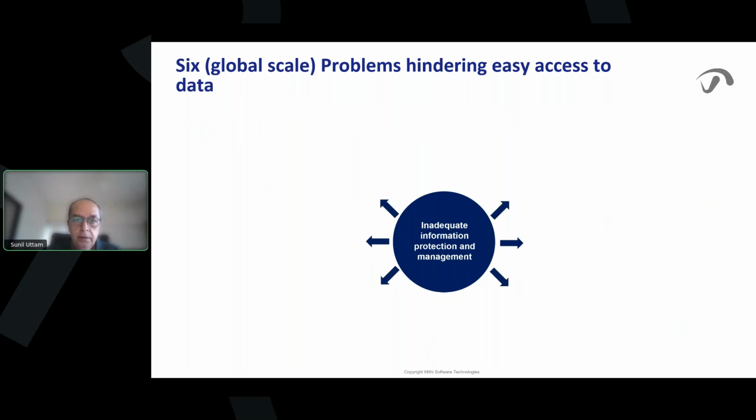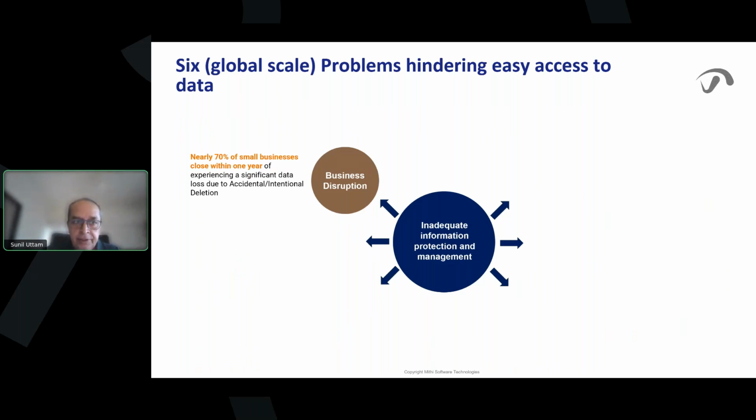Now, as far as data is concerned, there is a demand, all good, right? But there are problems which hinder access to this data. And what are those problems? We've broken it down into six global scale problems, which can create friction in serving the demand which we spoke about earlier, right? First is